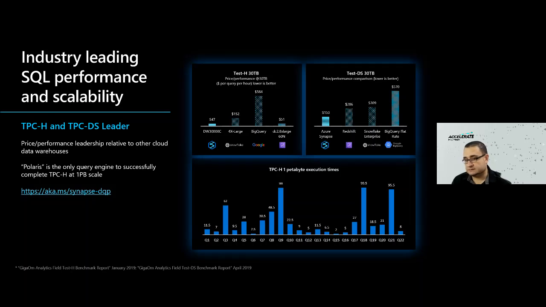So now Microsoft has made all of these capabilities available with Synapse, not only outperforming those services and platforms in terms of cost and performance, but also in the user experience, in being able to unify all this in a single service that your organization can manage.